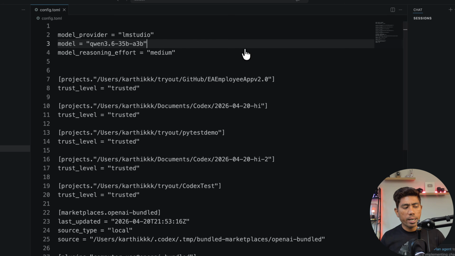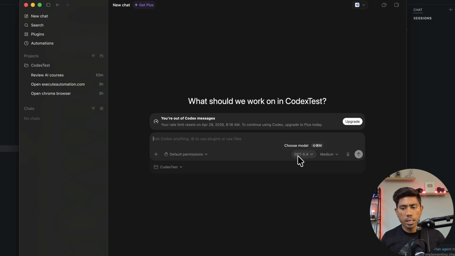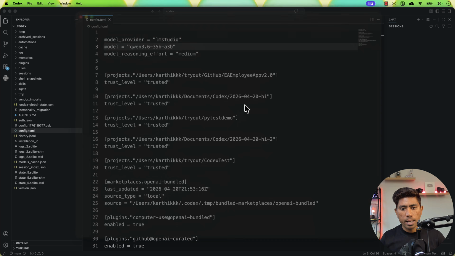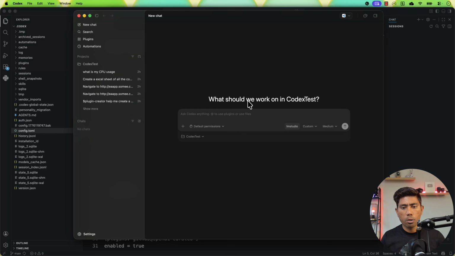The moment you change anything in the configuration, the Codex app will not reflect the new change. You're still going to see the GPT-5 model and medium things of that nature. Just go and close this. You see that the moment I close it, it's also going to sign me out from my account, and this get plus upgrade, everything is going away. So you see that I have quit the Codex app, and now I'm going to open the Codex app again, and you see that there is a whole new window there. There is no get plus and no upgrade, and everything is gone